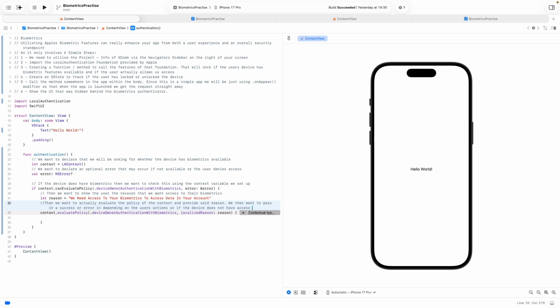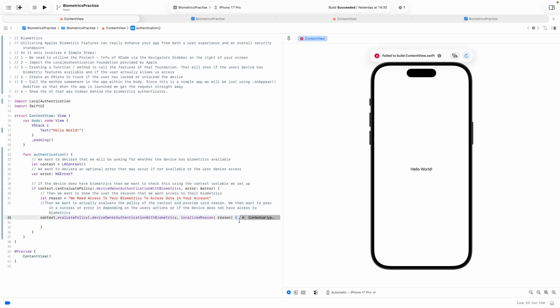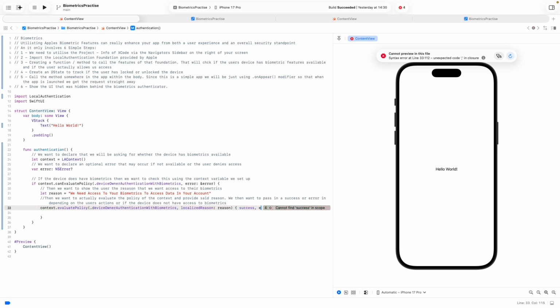So we'll do evaluate policy, then the method of device owner authentication with biometrics, then localized reason will be the reason, and we'll want to then pass in a success or error, which means that if successful, the user will have the device unlocked, and if not successful, then the user will not have the device unlocked and will not have the data available. So what we'll do now is we will now pass in the two parameters of success